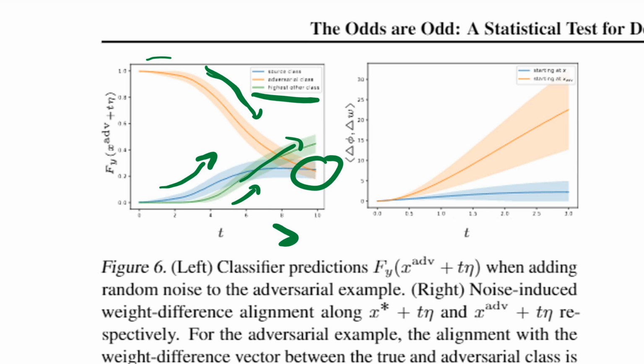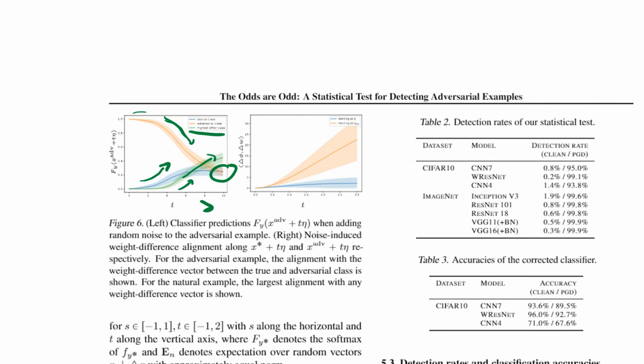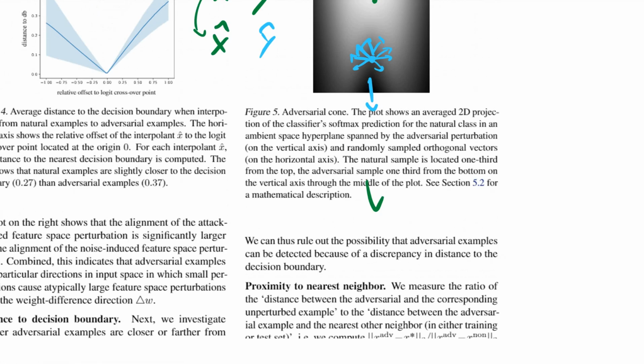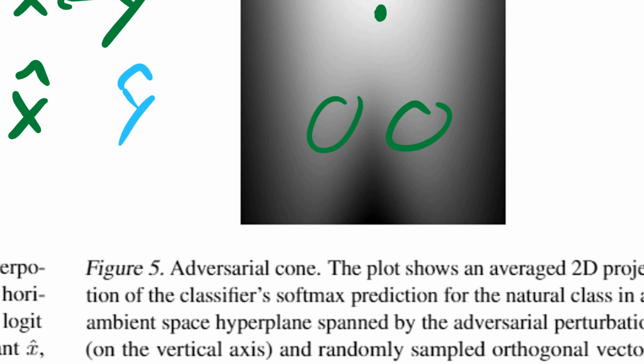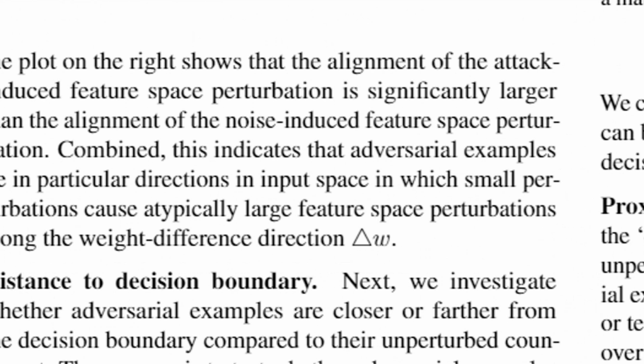So the source class is basically too weak, and if you again look at this plot here, if you go with an actual color picker, you see that the amount of white here and here is not high enough. It's like 0.3 or something out of 1, or even lower. So the source class is not strong enough that by simply adding a bit of noise you can go back. But we thought, hey,